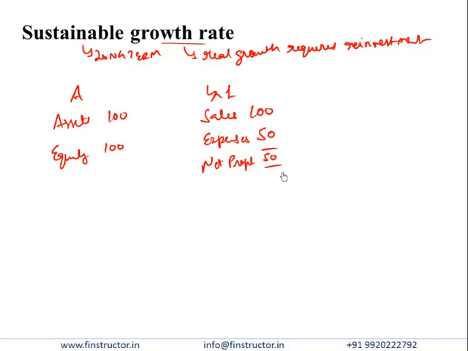So let's assume that the company pays the entire $50 earned in year 1 out as dividends, or there are no retained earnings. Given this information, what would be our best estimate of the sales in year 2? There has been no reinvestment in the business. The asset worth $100 would remain, or would probably depreciate a little. So in the best case, I would be able to maintain my sales of $100, assuming the asset was fully utilized earlier,